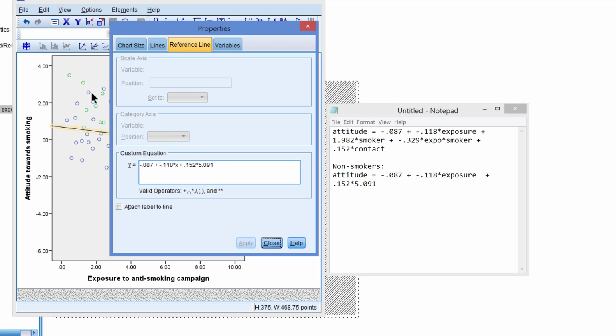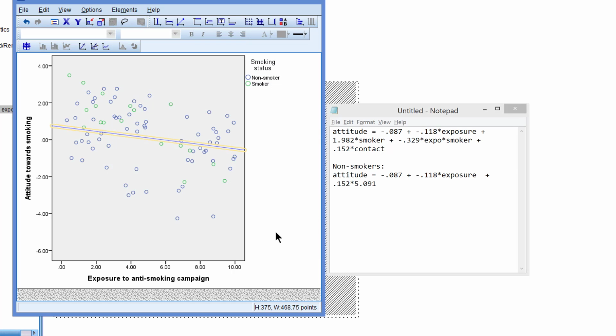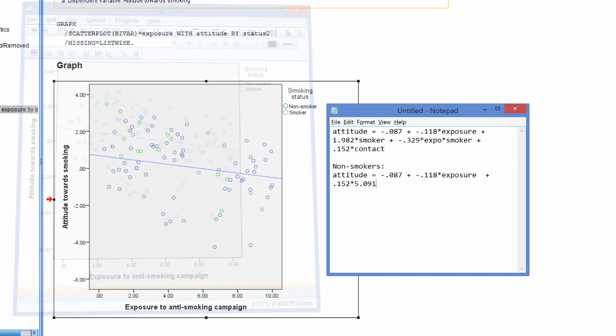Let's apply. Let's color the lines. Make it blue, just like the blue dots, and close. And here we are. The blue line is the regression line for non-smokers, and if you look carefully, you can see that it is quite through the middle of the cloud of blue dots. Now in a similar way, we can include the regression line for smokers. Let's close this one